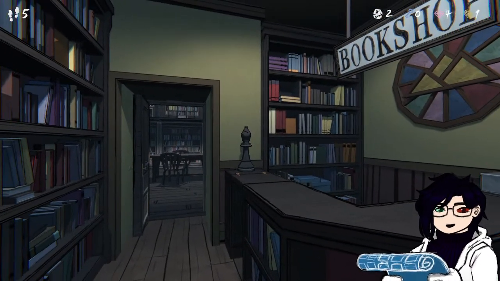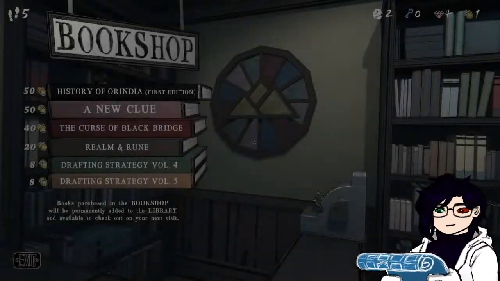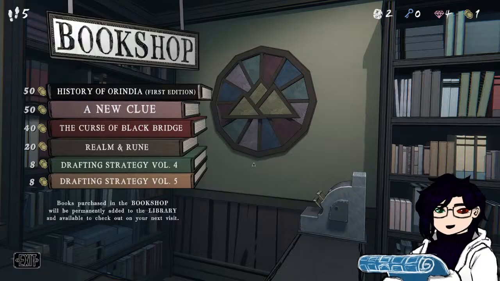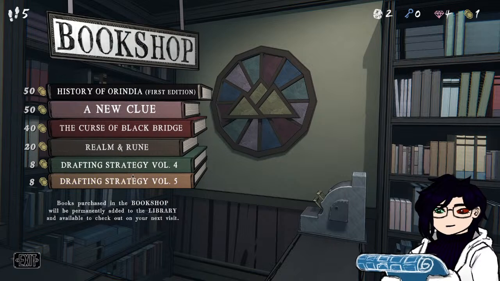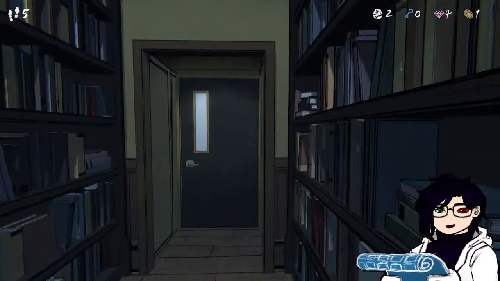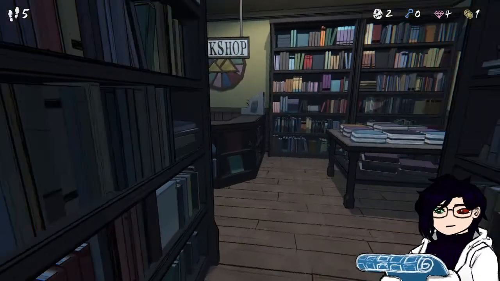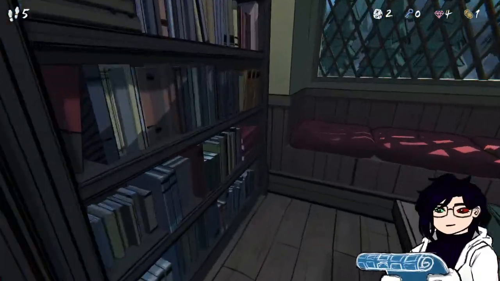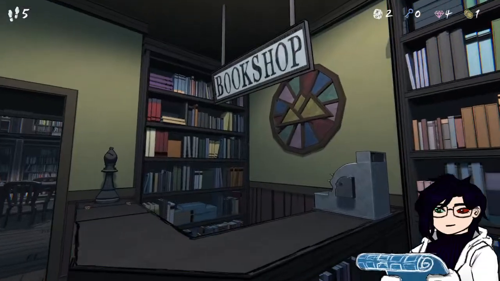And that's also a bishop. Okay. What books are for sale here? A new clue, which is on back there. 2 more volumes of Drafting Strategy. Oh, if only. Ooh, wait, hang on. You unlocked? Open. Dang it. Ah, boy. Okay, so